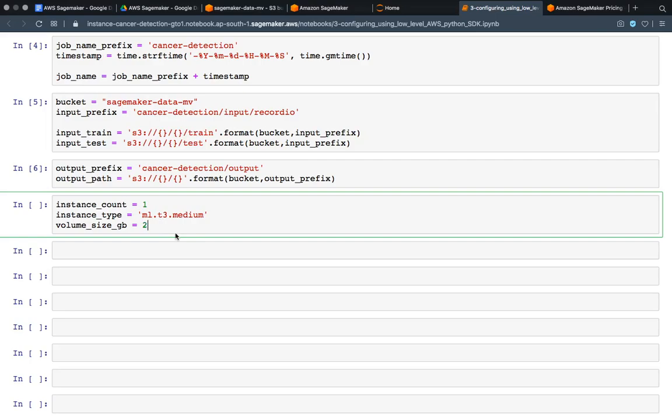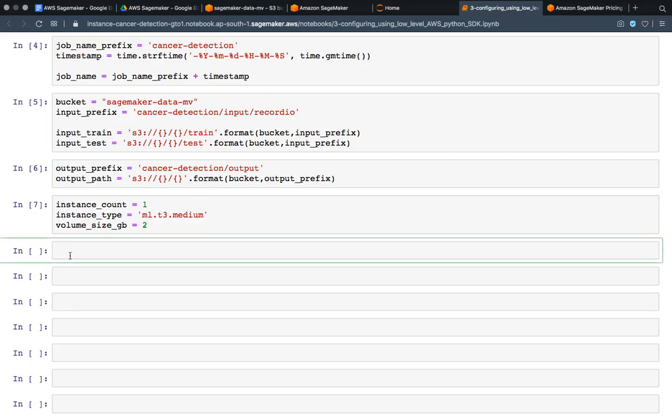Okay, because I think I have reduced the data significantly to a very low amount. So 2 GB will be more than enough. Okay, then I am running it. Then